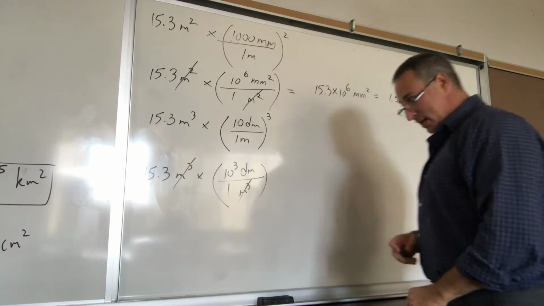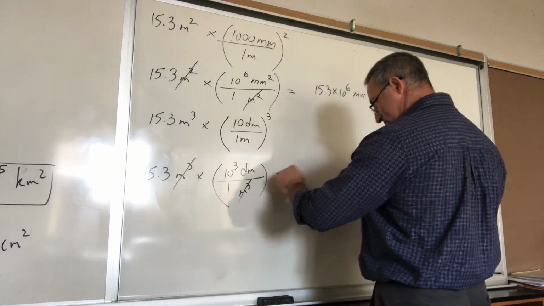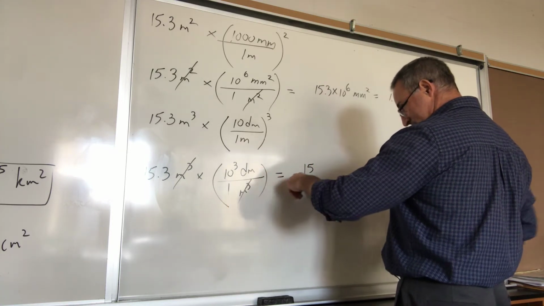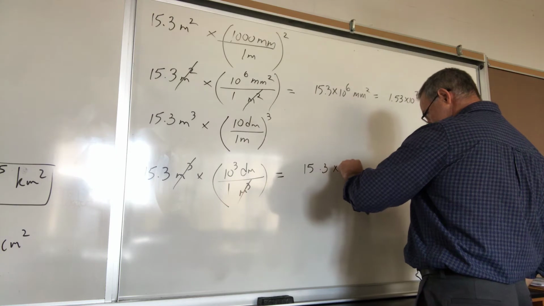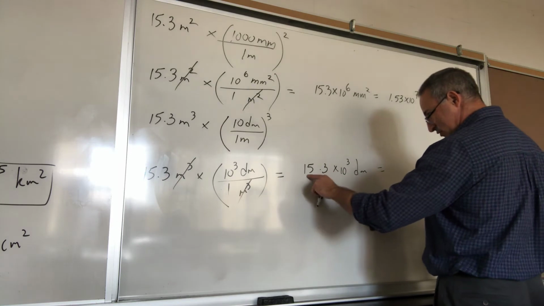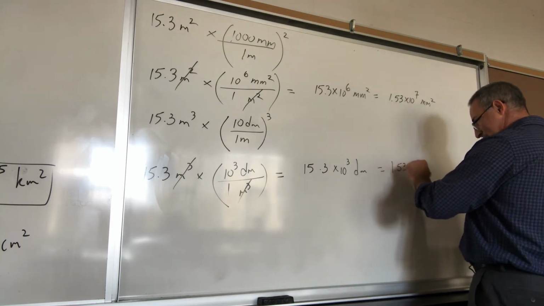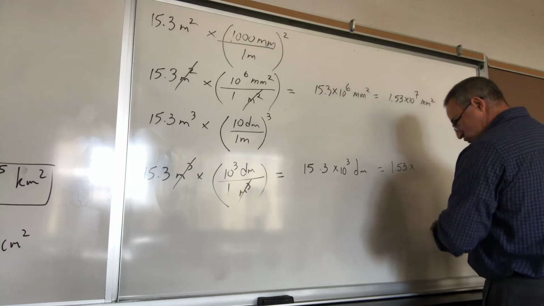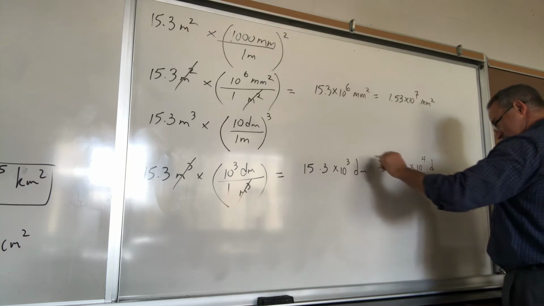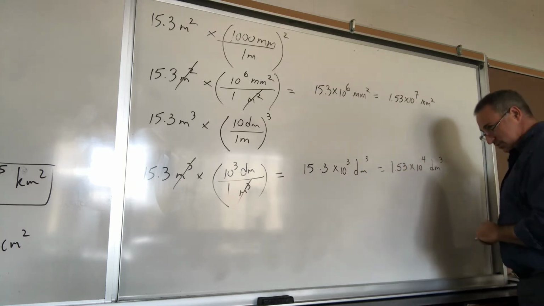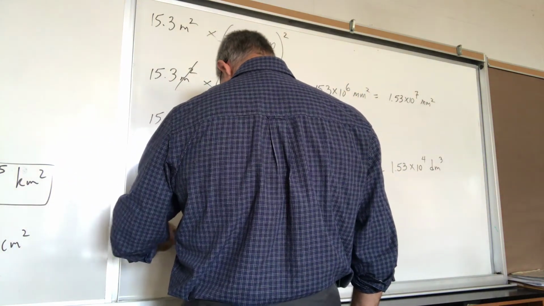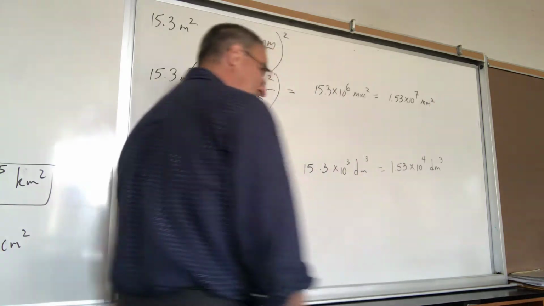You can cancel the meters cubed, and what you get as an answer is 15.3, divided by 1 doesn't affect anything, so you've taken that into account. 15.3 times 10 to the power of 3 decimeters cubed, and then you just convert it to the proper scientific notation by moving the decimal over by 1. You get 1.53 times 10 to the 4 decimeters cubed. That's your final answer. If we want to go to kilometers, 15.3 meters cubed times the conversion factor for linear meters